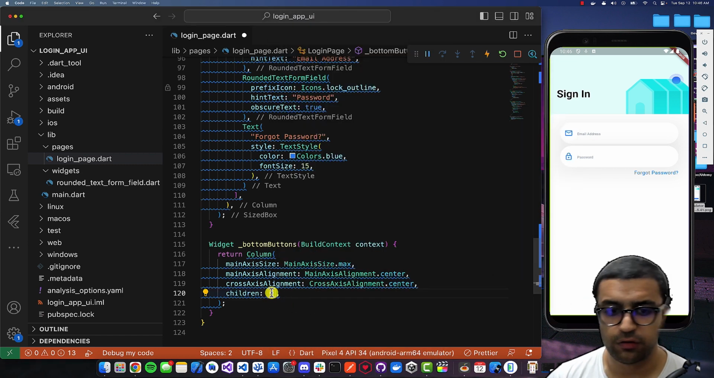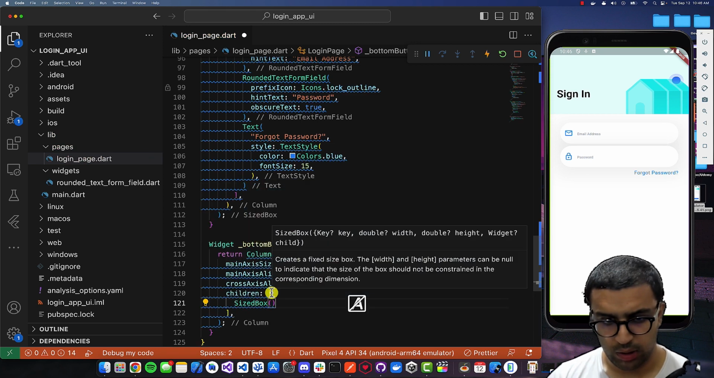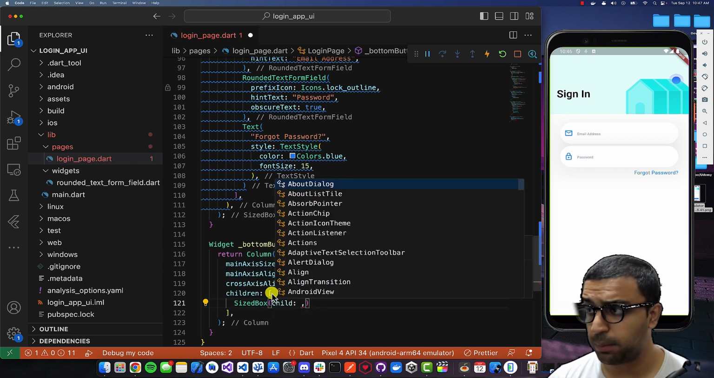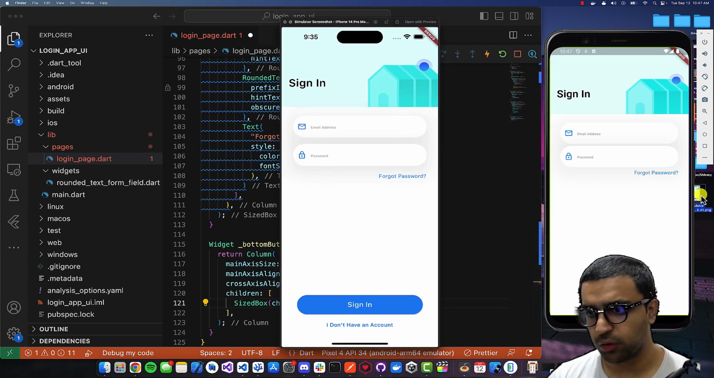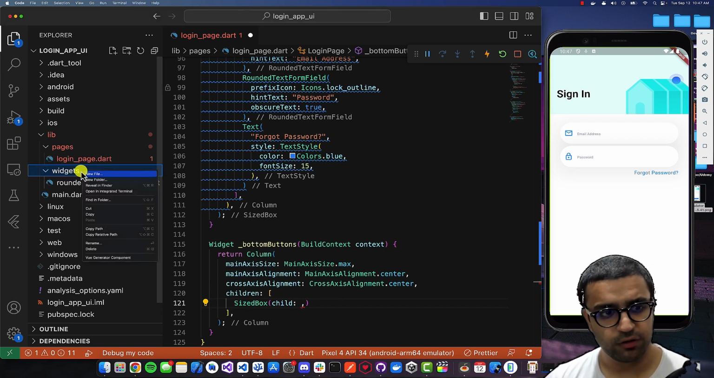So to do this, the first thing that we're going to be doing is that we're going to add a sized box. And the reason for this will become apparent. And I'm going to have a child for this. And the child for this is going to be the button that is going to hold the blue color and the sign in text. So since I like my code to be reusable and my widgets to be reusable,